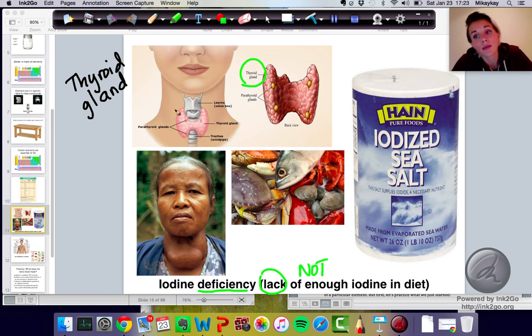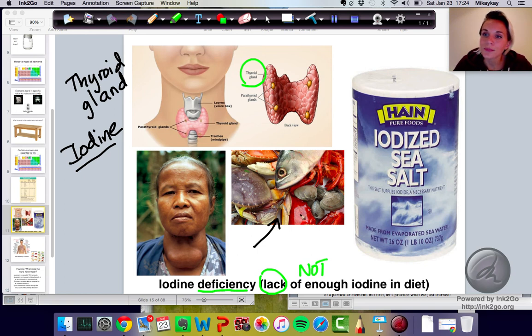The thyroid gland is a really important gland. It regulates your metabolism, so that has to do with how much you digest. It has to do with your heart rate, your body temperature. All kinds of very important processes are controlled by the chemicals that this gland makes, and in order to do that, it needs iodine. It doesn't need a lot of it, but it needs some. And iodine, turns out, you can get quite a bit of in seafood and other products as well, but seafood is a big one.